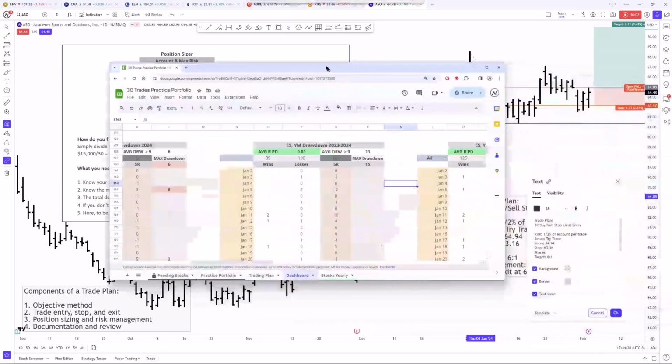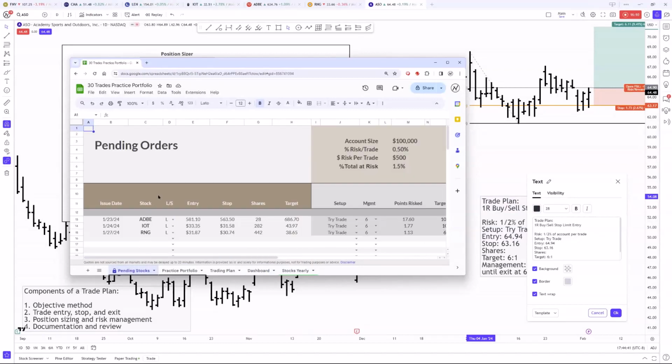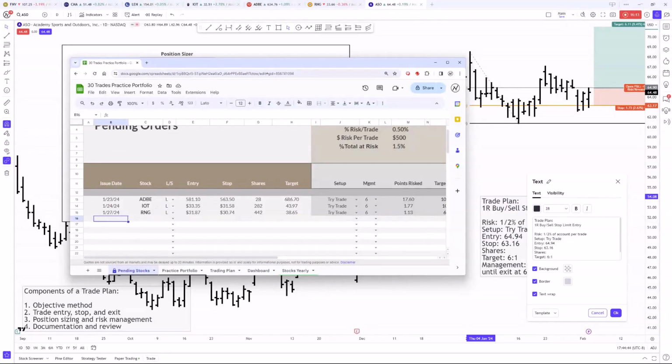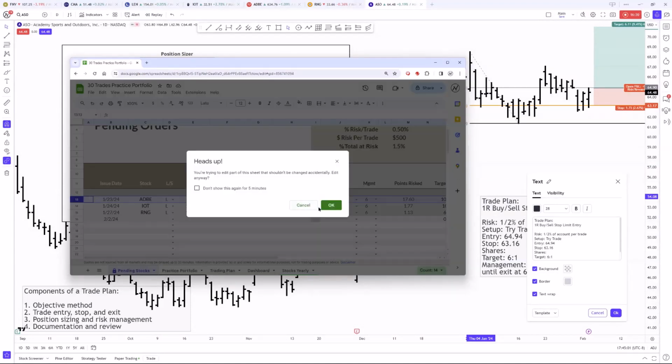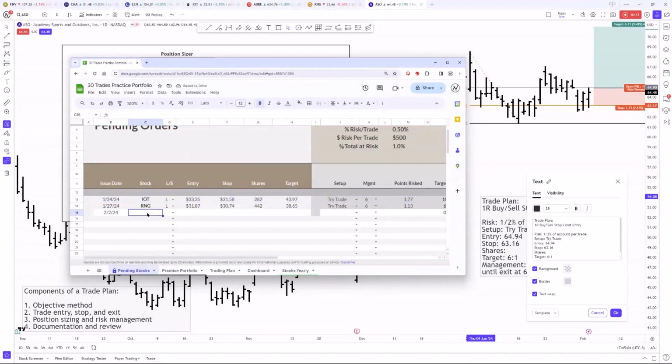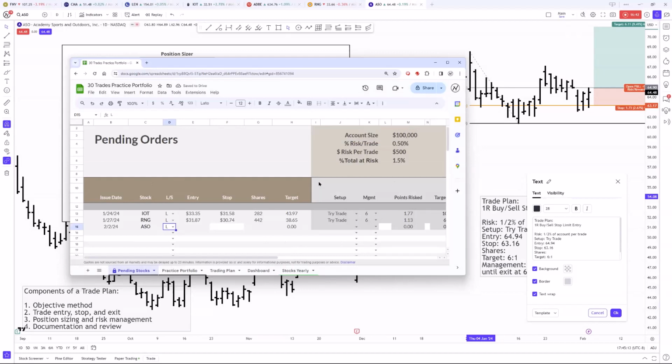All right, so let's enter this in. We have our pending orders here, and today is 2/2. These are orders we still have waiting. Actually, Adobe hit the high, so that one cancels, and I updated it on the post. So this is going to be ASO. We're going long, and this is just part of my routine, right? I'm going to enter it into a spreadsheet, or you can use free journal software, anything. Just make it part of your routine here.